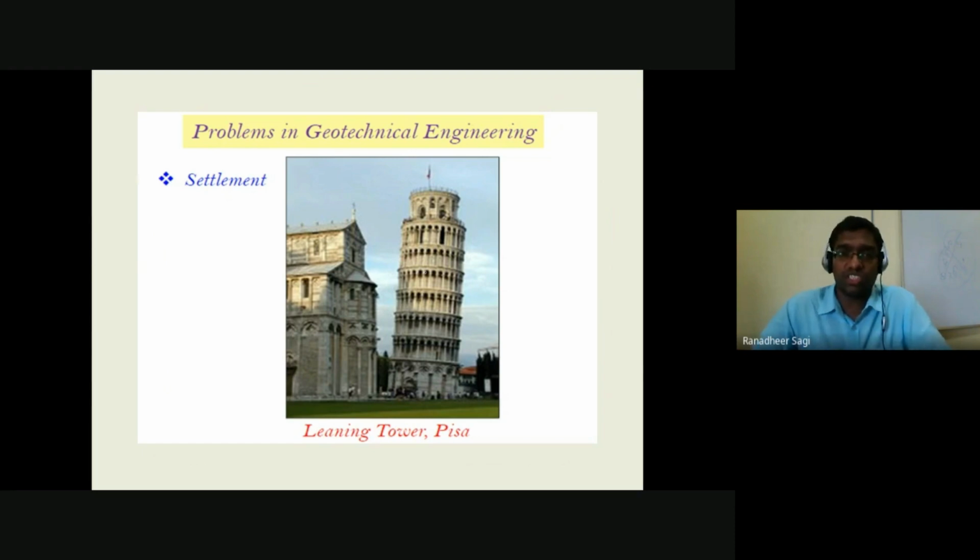What is the importance of this structure? It's a leaning structure. Though it has to be in an inclined position, however, it has to be stable. So these are some of those problems a geotechnical engineer would come across, and some of the various challenges he will encounter in the field. When the structure was constructed, everything was planned perfectly, but over time, because of various changes happening in the ground, the condition of the soil got changed, because of which somewhere you had more settlement, at some other places you had lesser settlement, because of which you started seeing a tilted position in your structure.